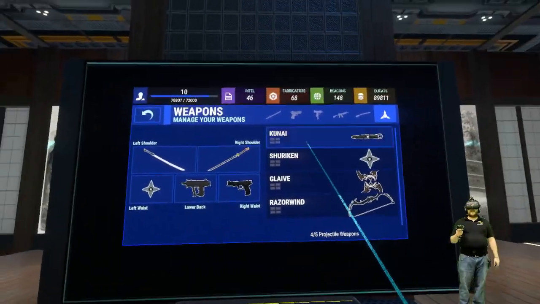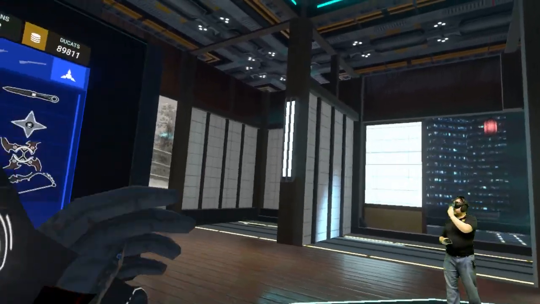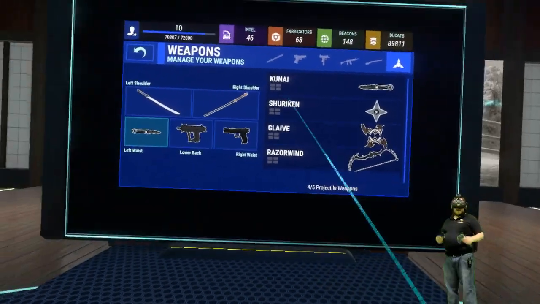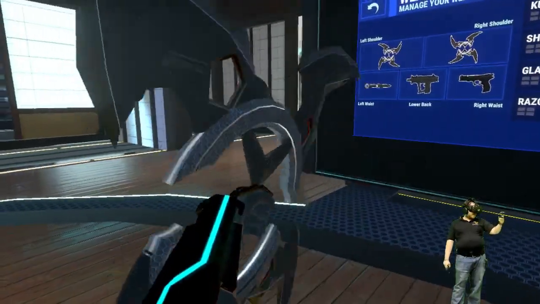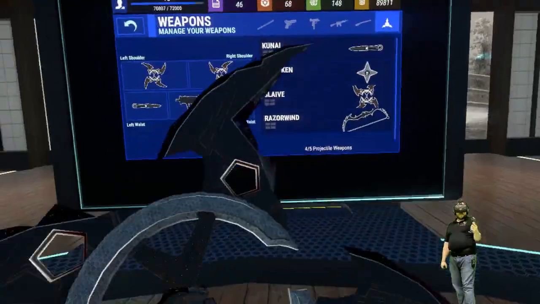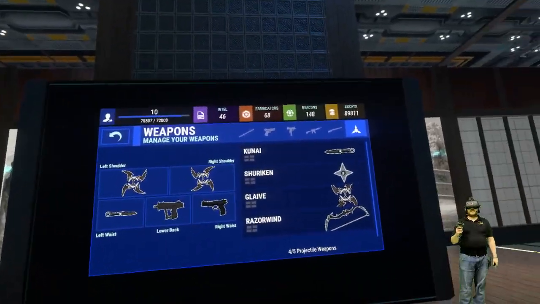Yeah, I'm not very good at shurikens. Throwing them towards the ground. There we go. Glaive I have to put on my back. It's pretty cool looking though. So this will actually come back to you, and you can actually use it as a melee weapon as well to slice and dice people. So very cool. Alright. So let's go with...